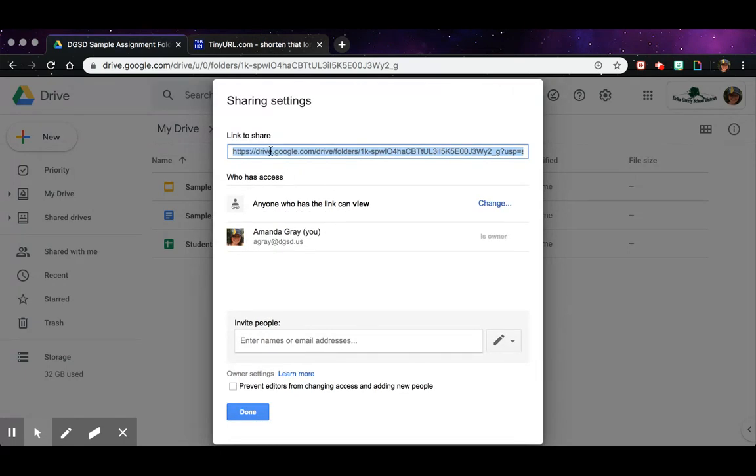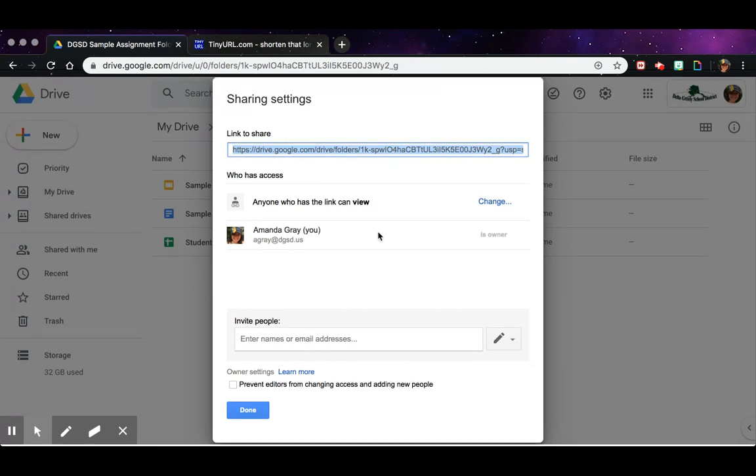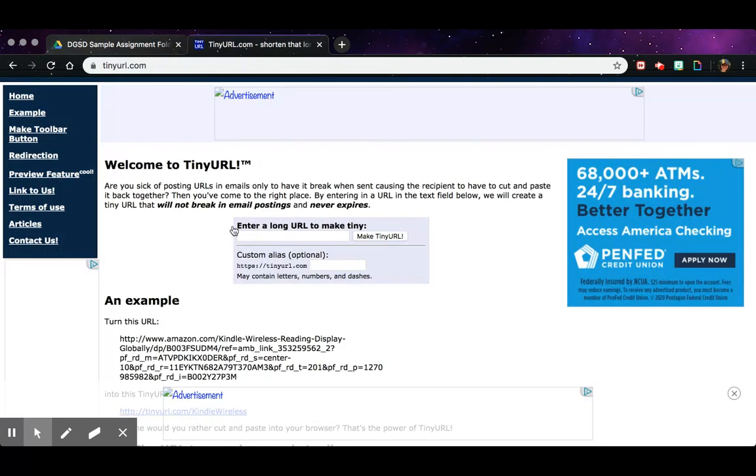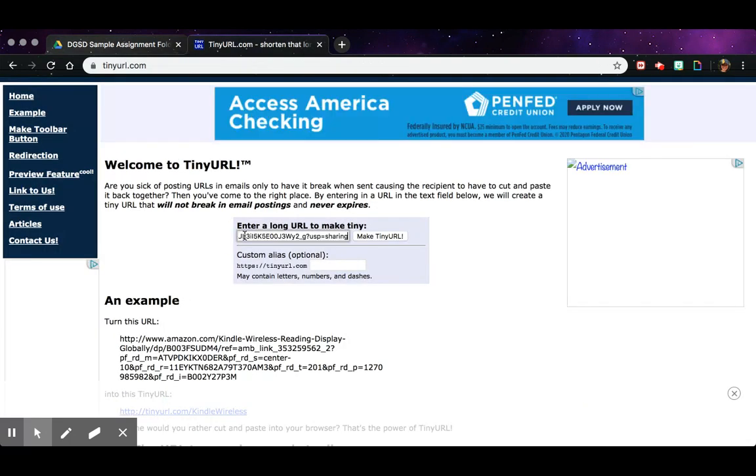So now you have this Google Drive link up here with capital letters and numbers and lowercase letters, and that's pretty insane. Only the people that have a direct ability to click on that can get to it. So I've copied this. I'm going to hit done. I'm going to go to TinyURL, and I'm going to paste it here into this window. And I'm going to make it